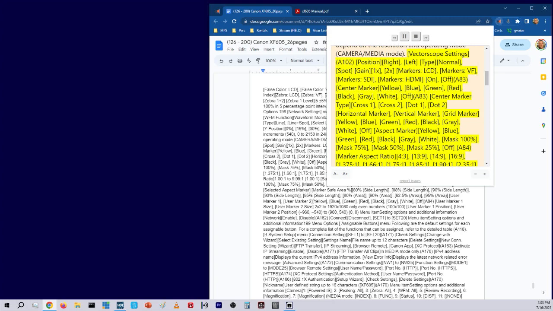Horizontal marker, vertical marker, grid marker: yellow, blue, green, red, black, gray, white, off. Aspect marker: yellow, blue, green, red, black, gray, white; mask 100%, mask 75%, mask 50%, mask 25%, off, page 84. Marker